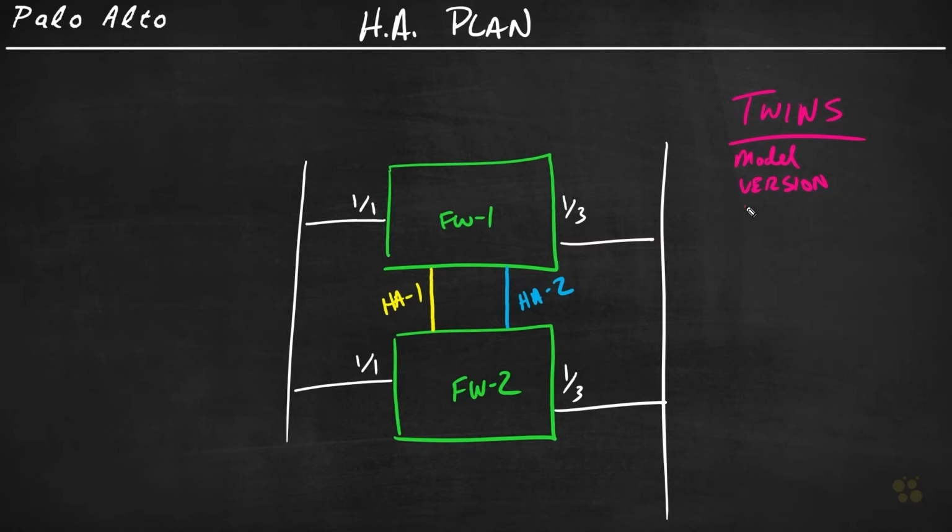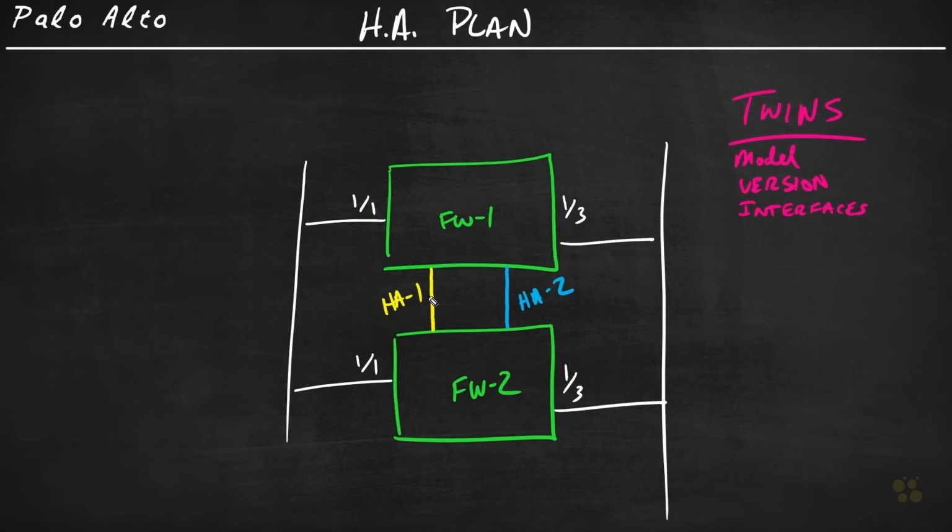So model, version, number of interfaces. Also, where those interfaces are connected. So over here on 1/1, these need to be in the same VLAN. 1/3 on both of them needs to be in the same VLAN. In my lab environment, this is going to the inside corporate network on the 10.10 network. Now here it's going out to my little pseudo lab internet. That's at 23.1.2. That's the address space out there. I also have DMZs on each of these, and they would also need to go into the corresponding same subnet,